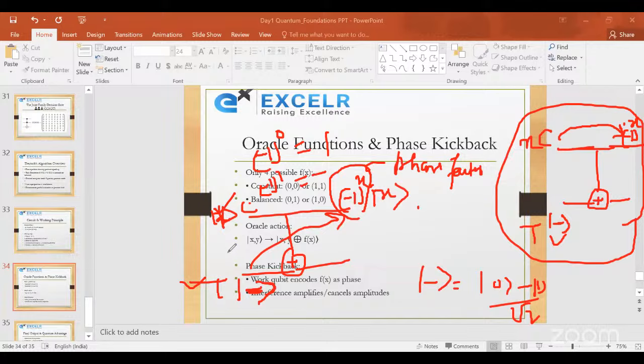So when we are having a 1 and a combination of negative here, we will have the negative phase here. Okay, so this is called phase kickback. So it has direct usefulness in this algorithm, all the three algorithms. So the rest of the algorithm we will cover after seeing some